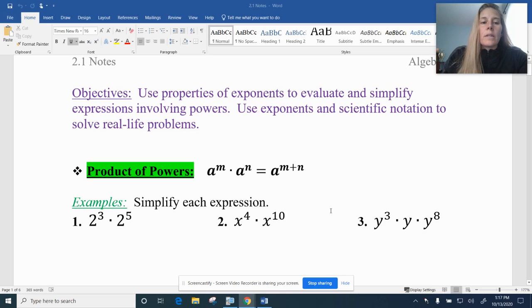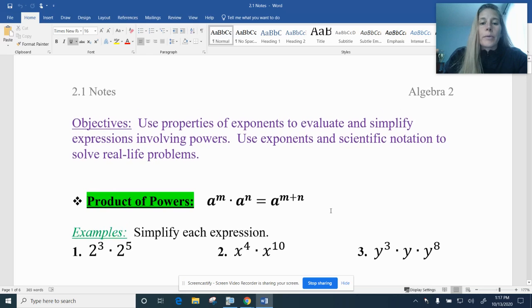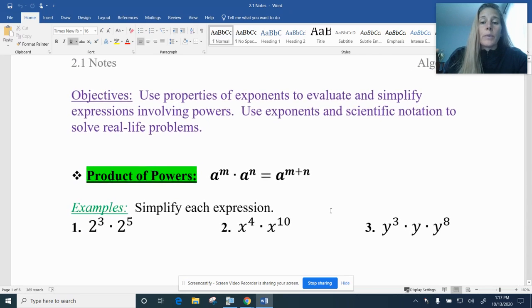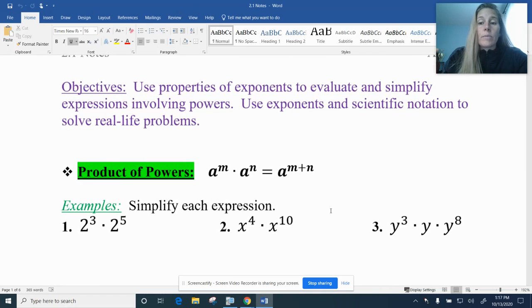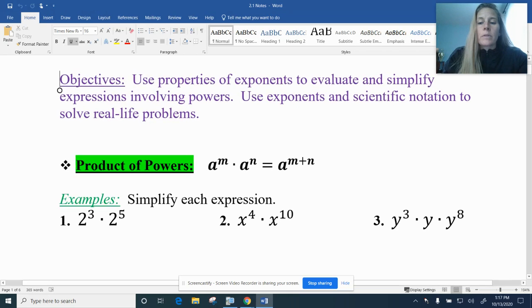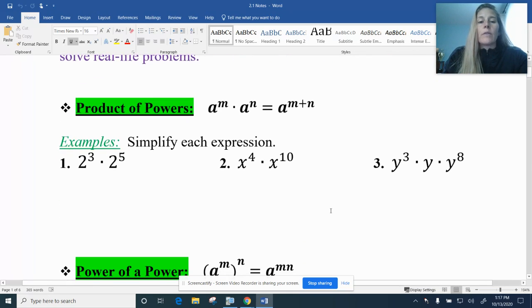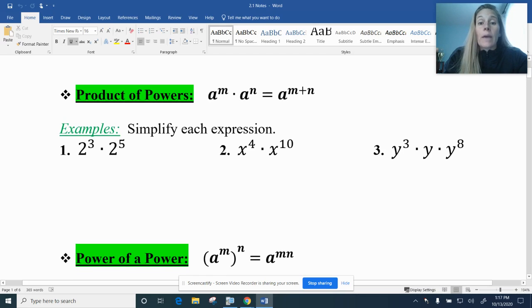Okay, so this lesson is on using properties of exponents to evaluate and simplify expressions involving powers. And then we'll use some of those things to solve some problems. So just to quickly run through all of the properties of exponents, the first property that we're going to go